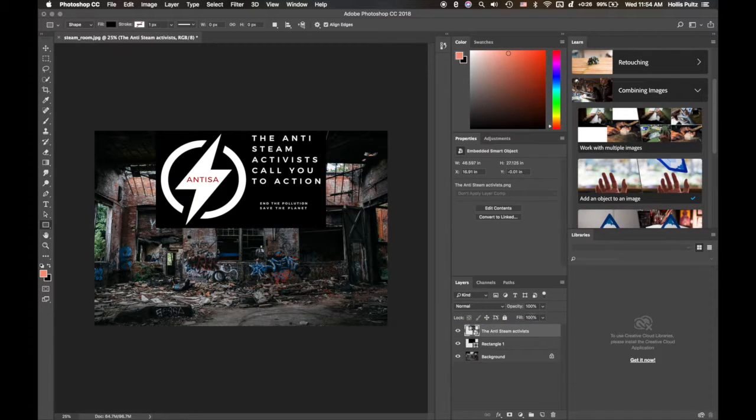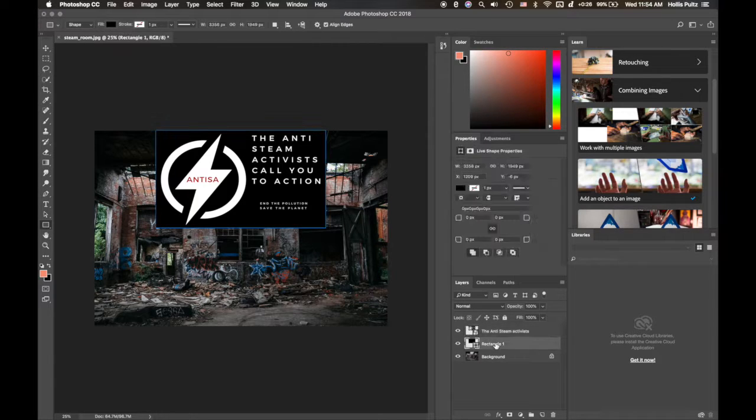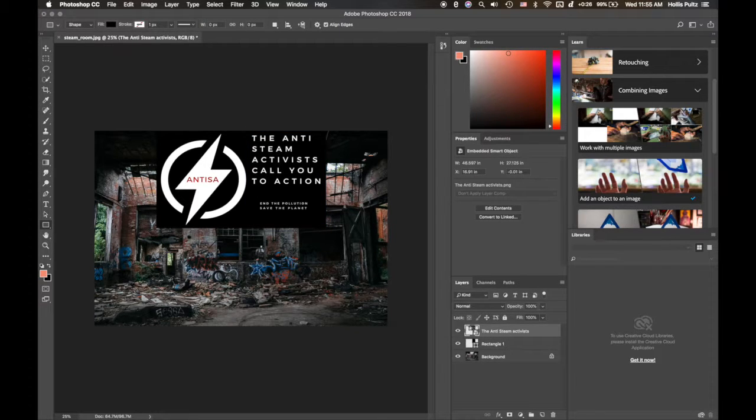We're going to change the transparency a little bit. Actually, that rectangle, I'm going to make him only this big. The main part where we're going to see through it is going to be that big area. So the other part we just won't worry about as much. Okay. So go back to the anti-steam activists. Now we're going to start dragging the opacity